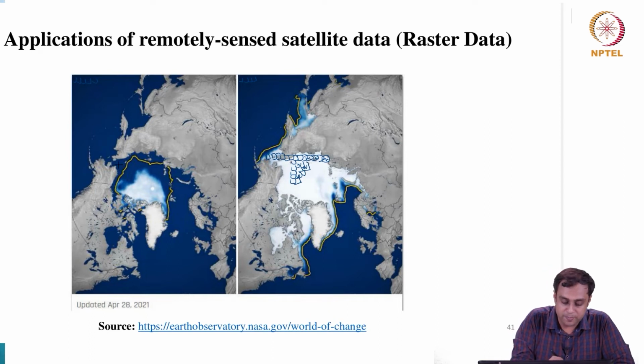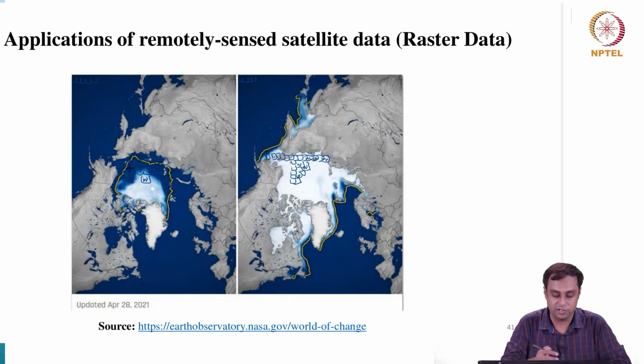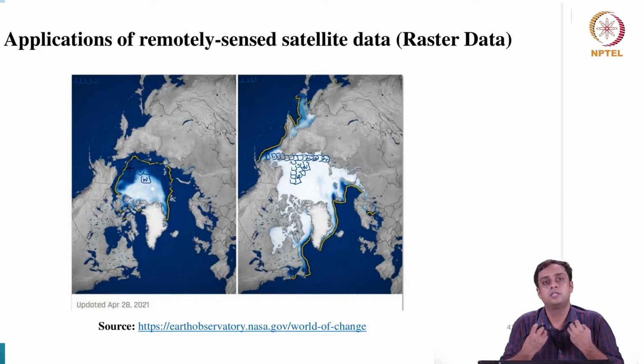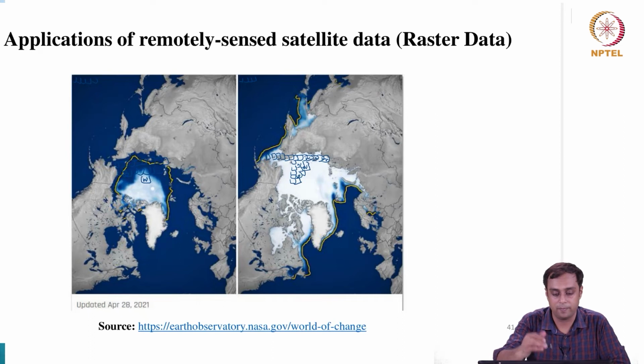When you overlay these pixels for the summer season, what happens is that many of these locations turn from white to blue, and that means the ice has melted in that region. So, you are able to study the change in ice mass by looking at the raster representation of the data.